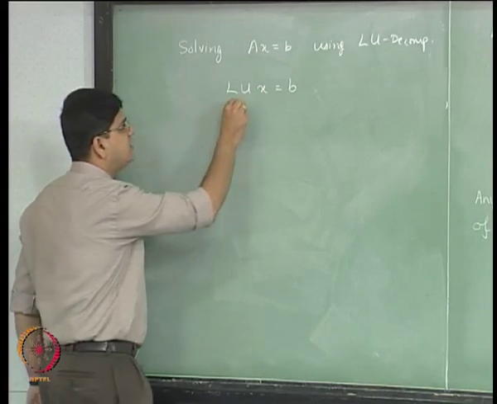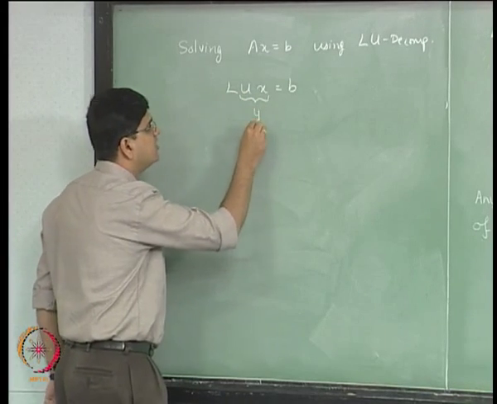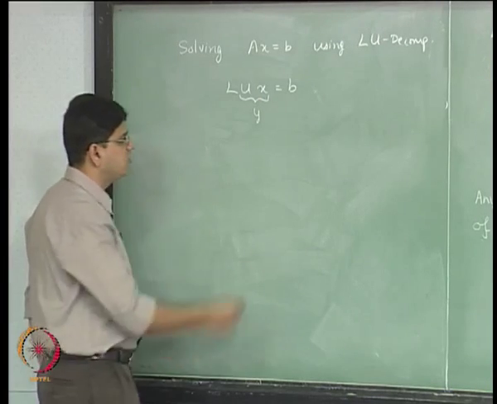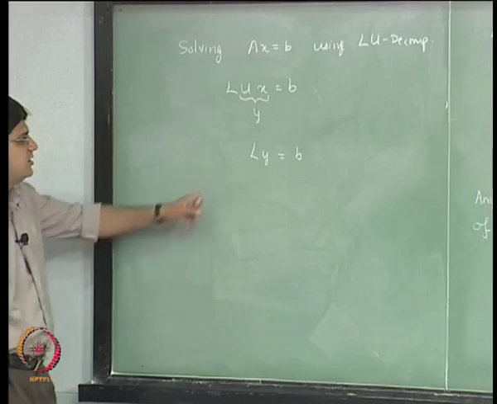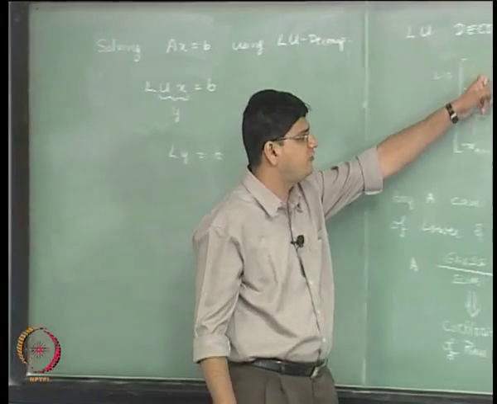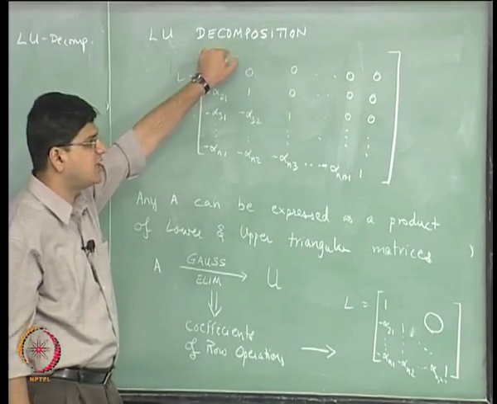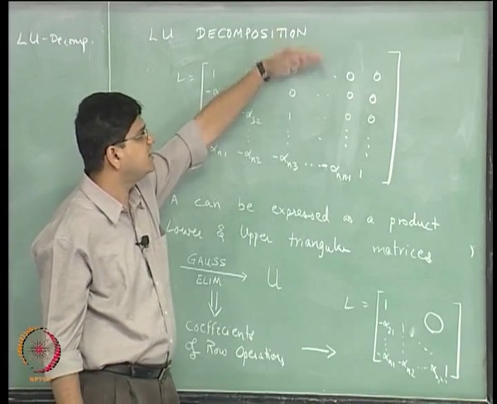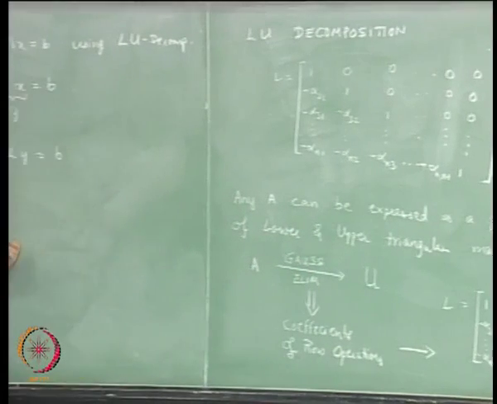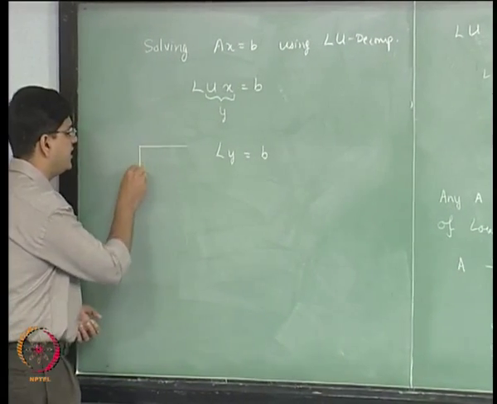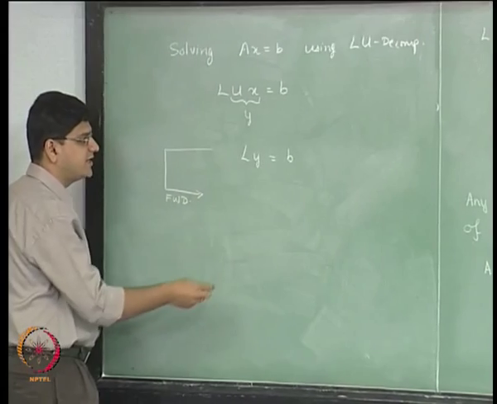Okay. Let us write U multiplied by x equal to some other variable, say y. If Ux is going to be equal to y, we can write Ly equal to b, where the matrix L has a form of this type. What we get in this particular form is that the diagonal elements are all 1, and the upper diagonal elements are all 0. So, instead of a back substitution step, we use a forward substitution step to get y.